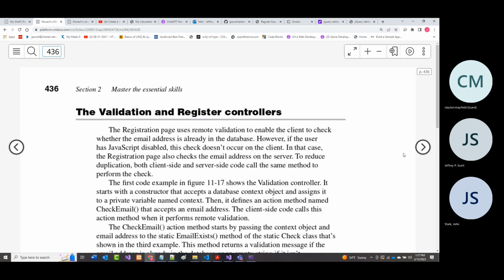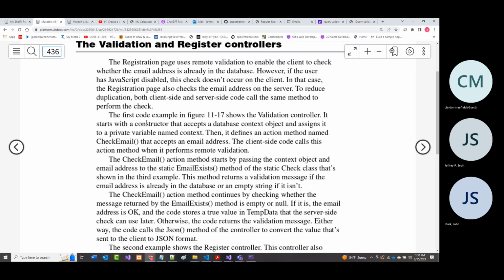It says, however, if the user has JavaScript disabled, the check doesn't occur on the client. In that case, the registration page also checks the address on the server. To reduce duplication, both of them call the same method to perform the check.